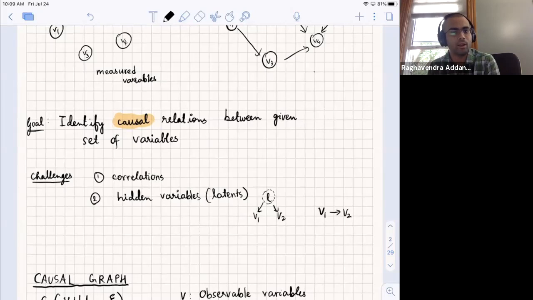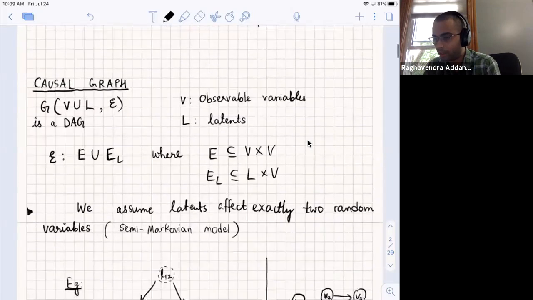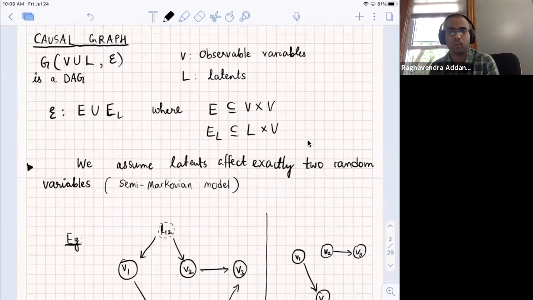distribution. These hidden variables, as I've described earlier, could influence the observable variables or the measured variables, and how do we detect them, and how do we not include their influence when we want to actually identify the causal link or a causal relation. So formally, a causal graph is defined over two sets of variables